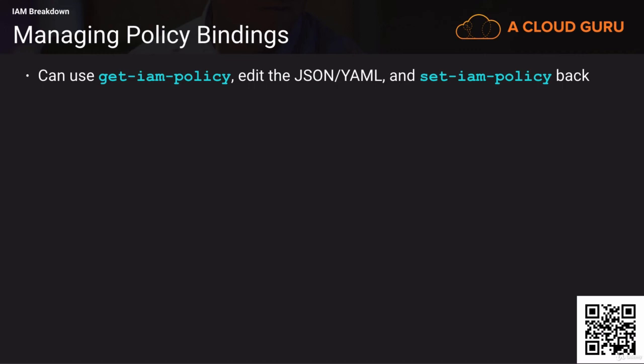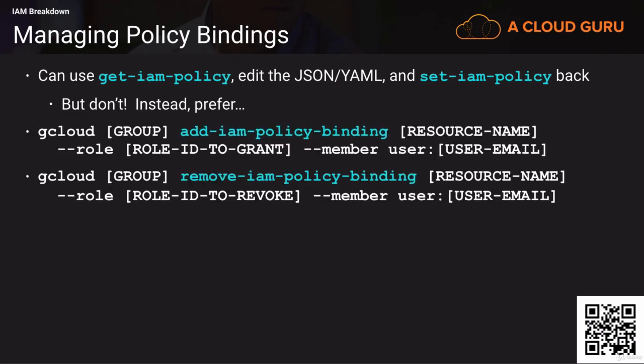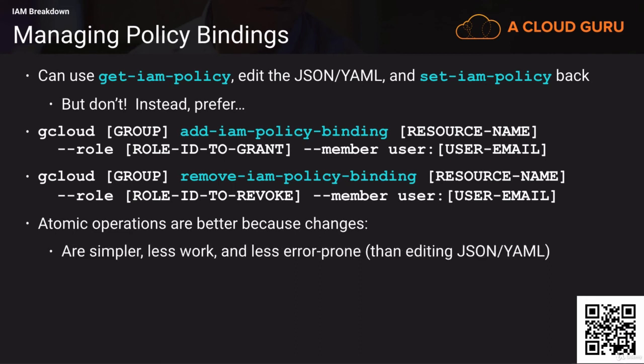I mean, you should know that you can, and there are some cases where this makes sense, such as if you're creating and initializing the resources, but in general, you would rather use add IAM policy binding and remove IAM policy binding instead. These two functions are atomic and granular, and they're better because it's much simpler and less work and less error prone to specify exactly which role and member you want to change. But this also will avoid any race conditions because you can do multiple of these things simultaneously and they won't